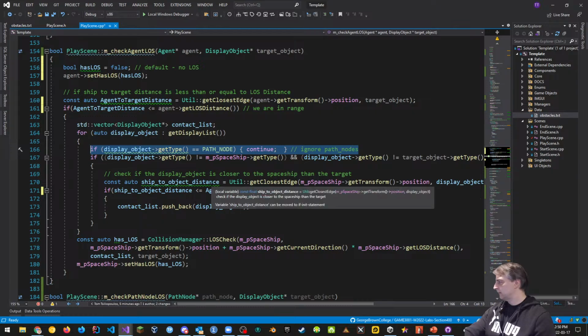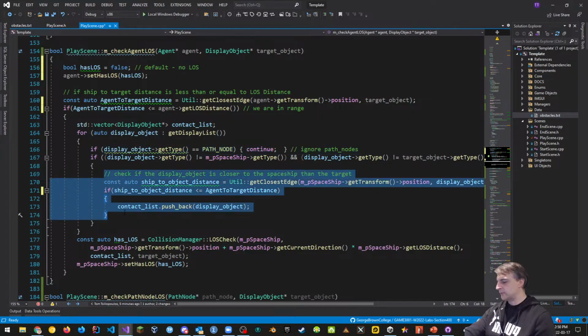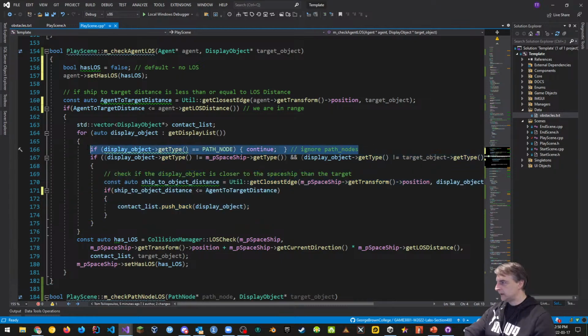I'm just looking to see the differences that he's got in here. Quite a few differences, but he's kind of compressed it. Let's just rewrite some of this. So this is gone. He doesn't do this anymore.